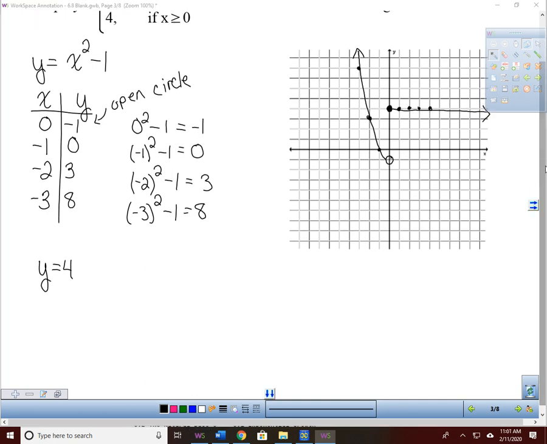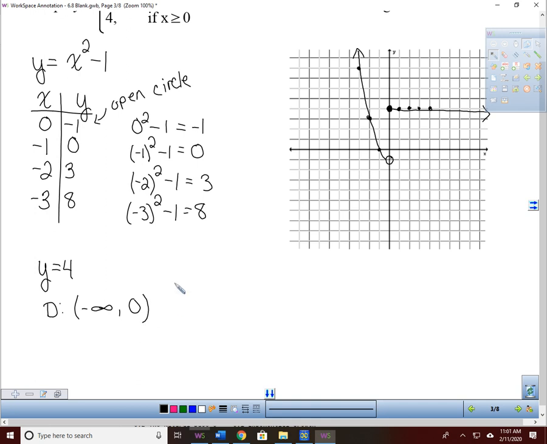Now let's talk domain and range. So if we talk about domain of this piece right here, I'm starting left. This just continues to go up and out. So that would be negative infinity. And it would go all the way to 0. This piece stops at an x value of 0. All right, but at 0 I have an open circle, so I need to have a parenthesis to show that